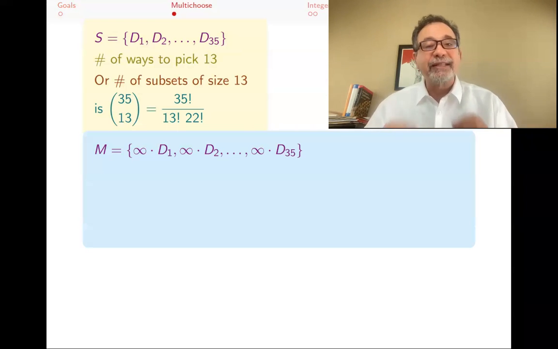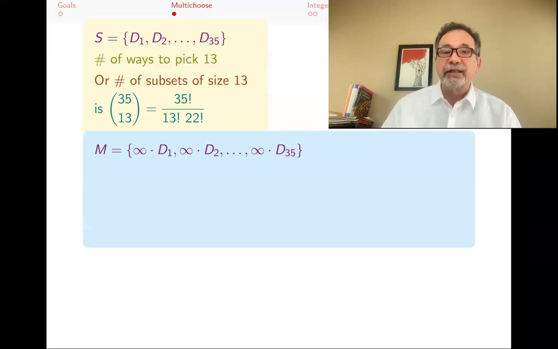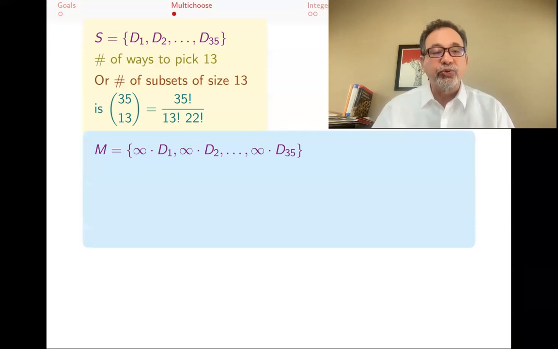Formally, it's actually a set with a function that for every element gives me a non-negative integer, its repetition number, or it's a positive integer. I guess the ones that are zero, you wouldn't put them in. In this case, I have a multiset where